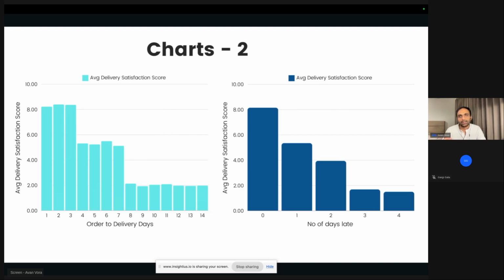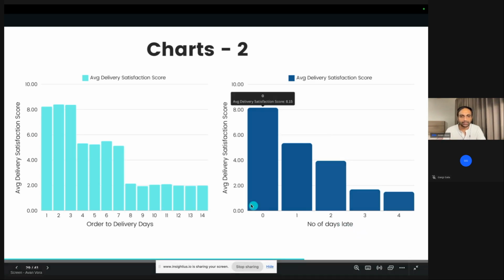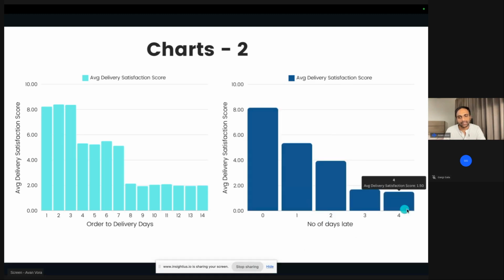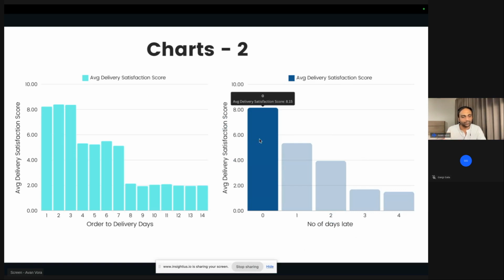Perfect. Company told us it will come in 5 days, but it came in 9 days. So it's late by 4 days. That is what this metric is. Again, same thing, right? As the number of days late increases, satisfaction decreases. All of this is not very interesting, right? I mean, this is obvious. If it's late or if it takes longer, your satisfaction is decreasing. So nothing actionable is coming out of this. It's very obvious.